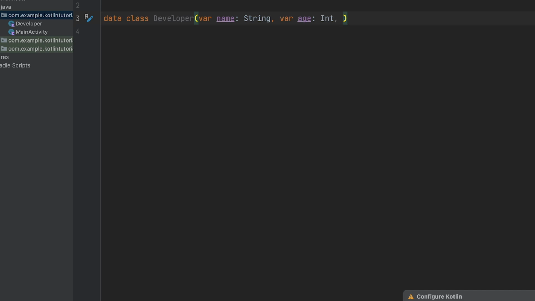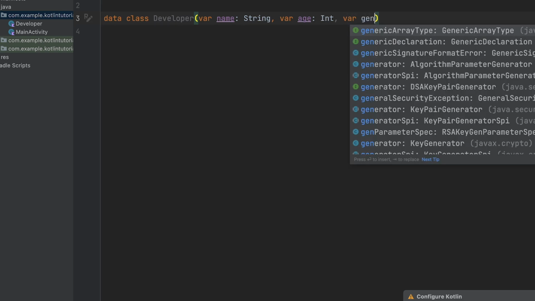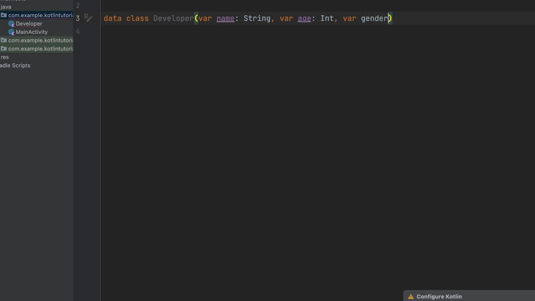And I mean, we can store as much data as we want. We can have a gender variable as well, where we'll get the gender details of the developer. I mean, if the developer is female, male, or otherwise, right? So this is the way you create a data class in Kotlin.